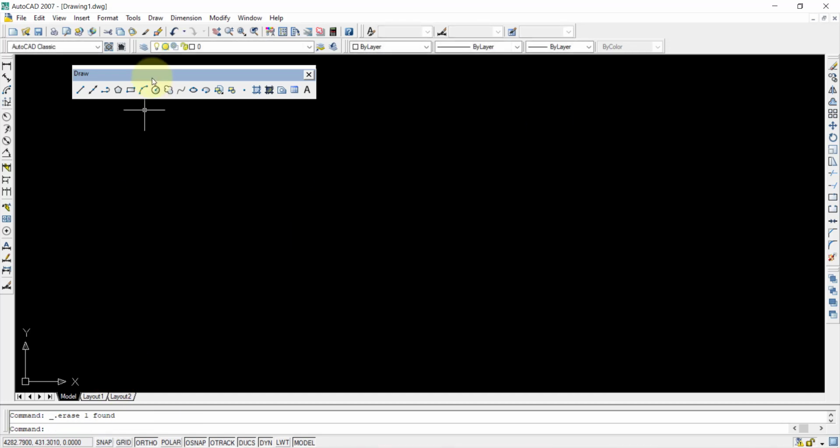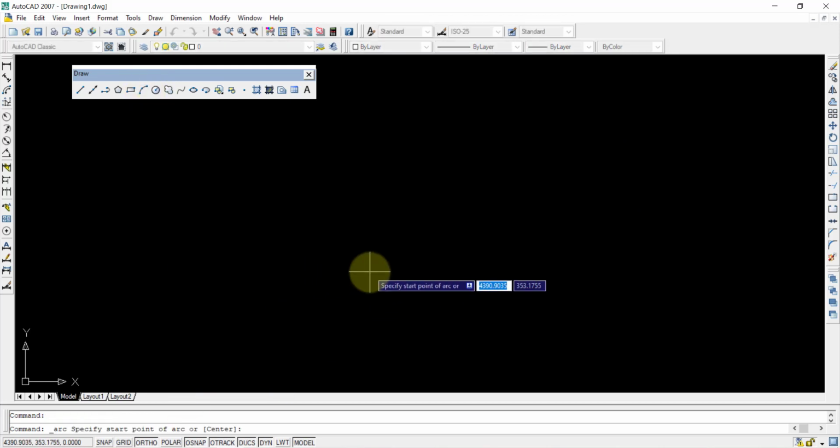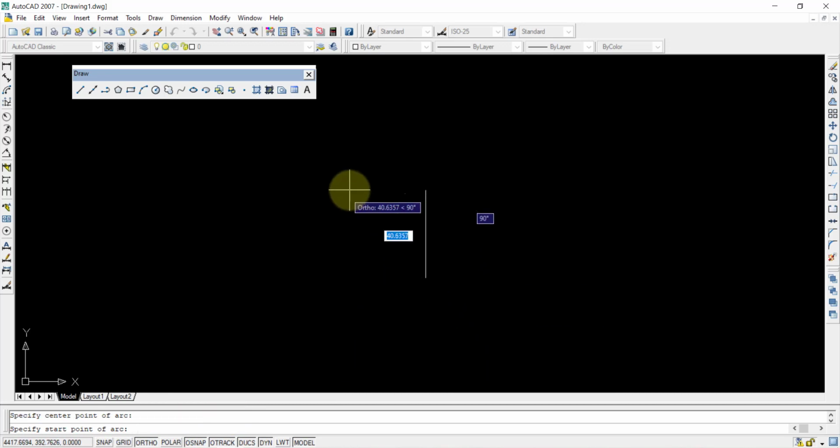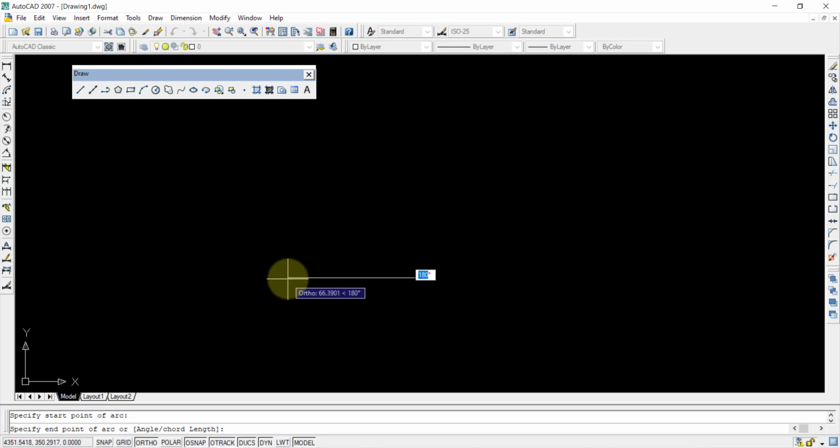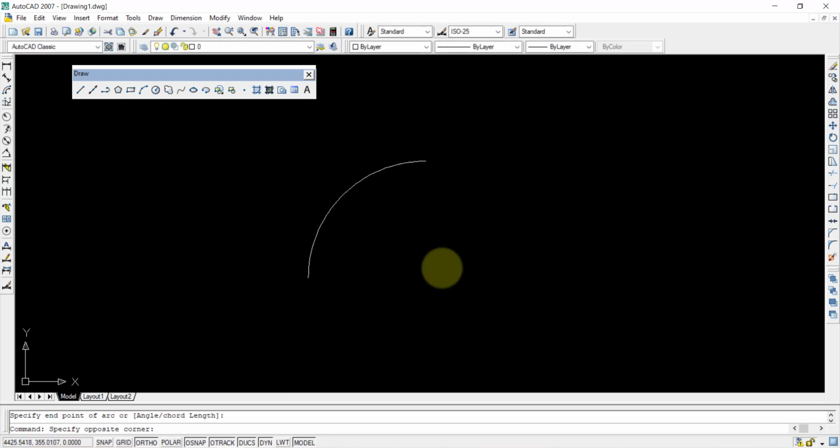Also we can have another type of arc. Select the arc, and instead of the starting point of the arc, we can give the center point of the arc. So C, enter. So here this is the center. Then if I give the start point of the arc somewhere here, and give the end point somewhere here, from the center point to the starting point, and from there to the ending point, the arc will be obtained. So this one is the center point, this is my starting point, and from there up to this point I have done, that is the ending point. This is how we can get the center, starting point, ending point arc.